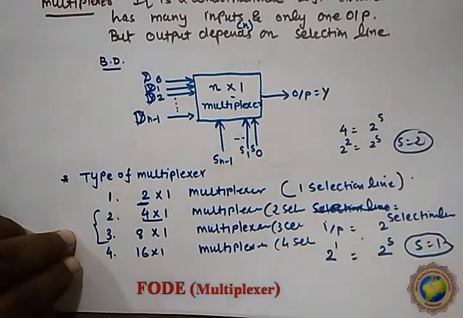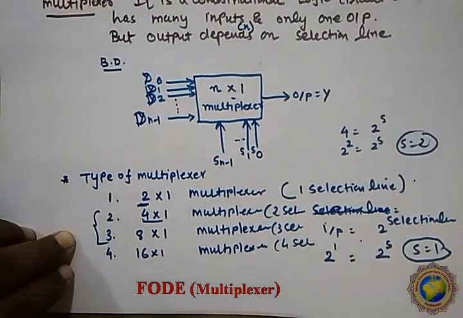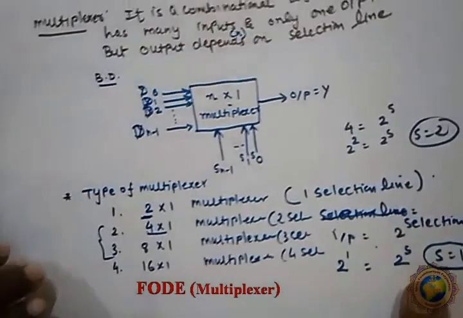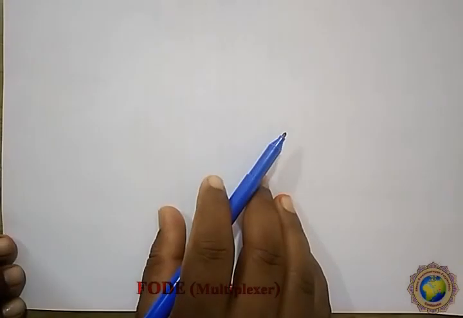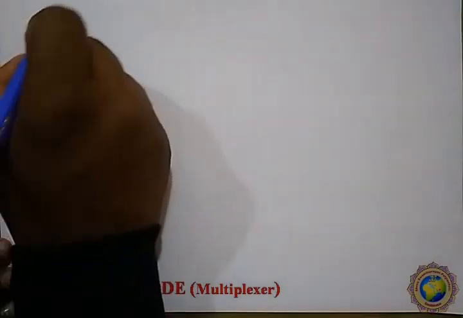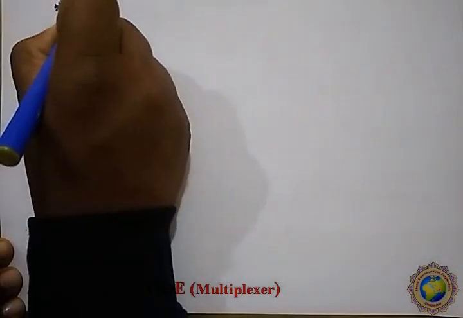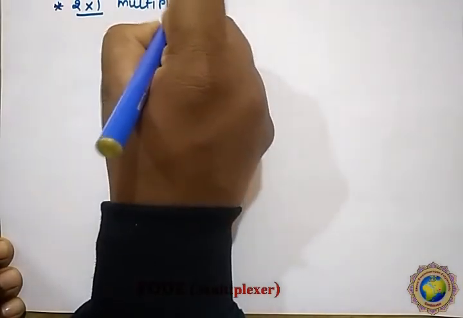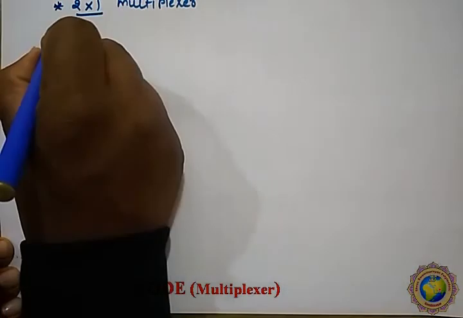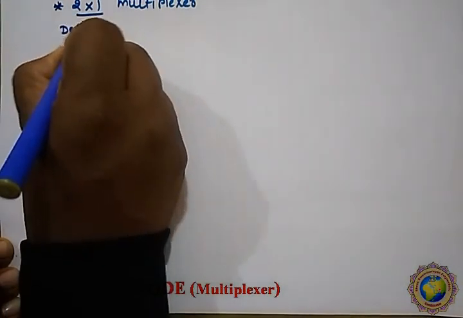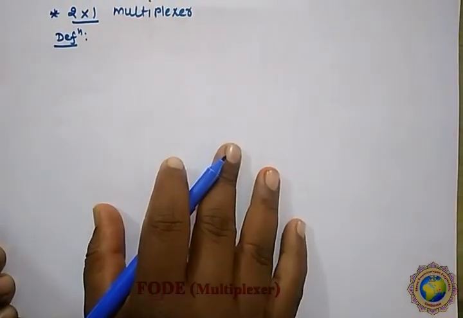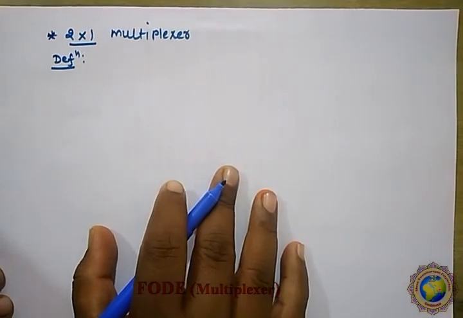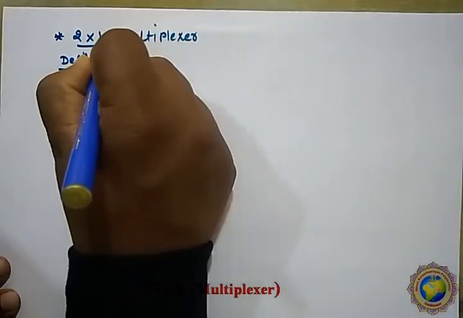Now we will see about the 2x1 multiplexer. આપણે હવે જોઈશું 2x1 multiplexer. So first write down its definition. આ સિક્વન્સ તમારે યાદ રાખવાની છે. પહેલું શું લખવાનું છે? Definition. So what is the definition of the 2x1? So it is a